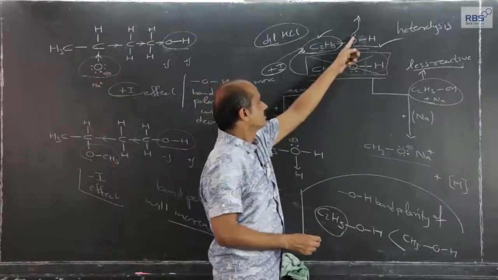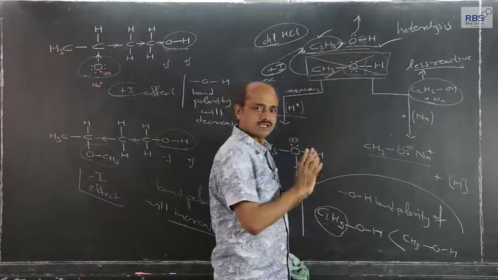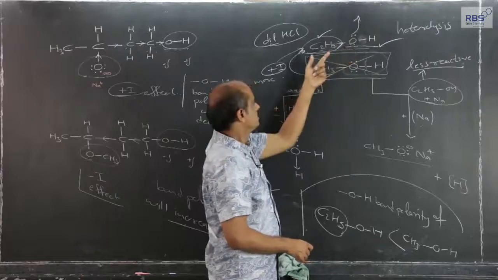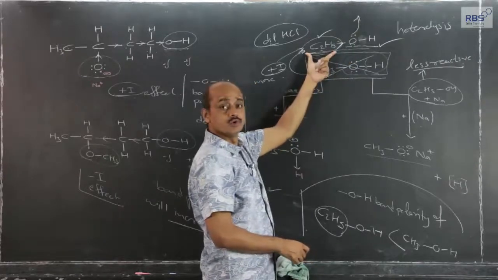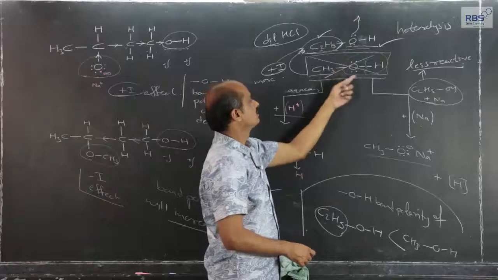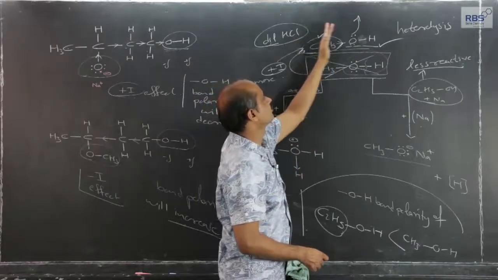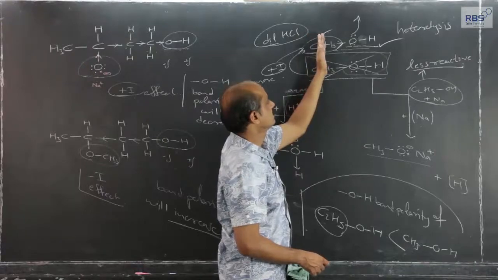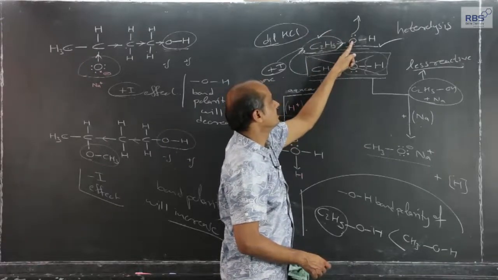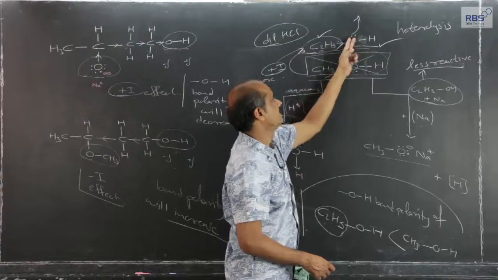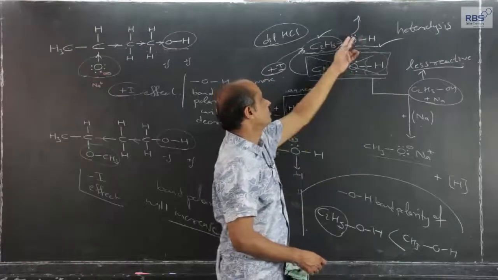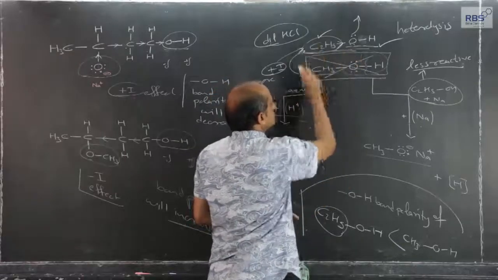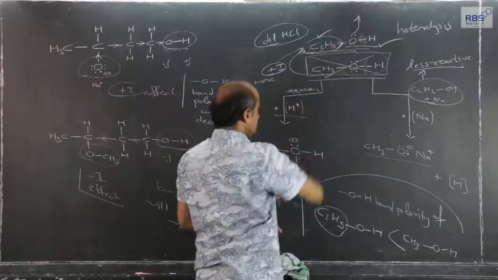The lone pair releasing tendency of oxygen in ethyl alcohol will be more than in methyl alcohol, because the plus I effect of the ethyl group is more. The electron density in the area of oxygen will increase. So, in turn the lone pair availability will increase, and therefore the lone pair availability is more in ethyl alcohol than in methyl alcohol, and therefore